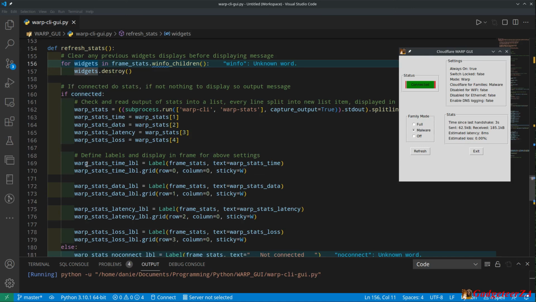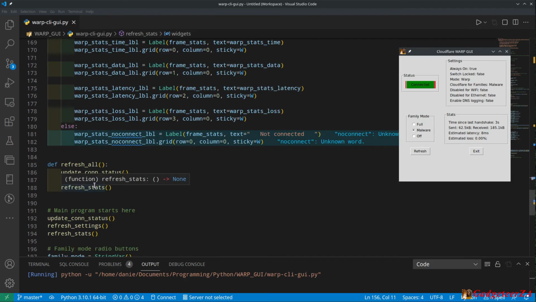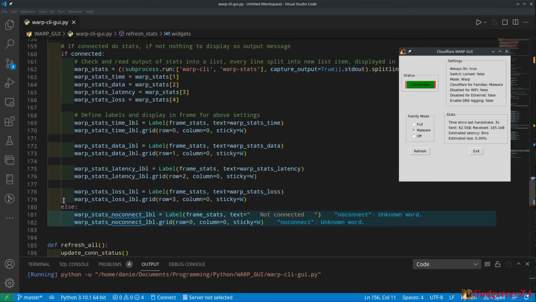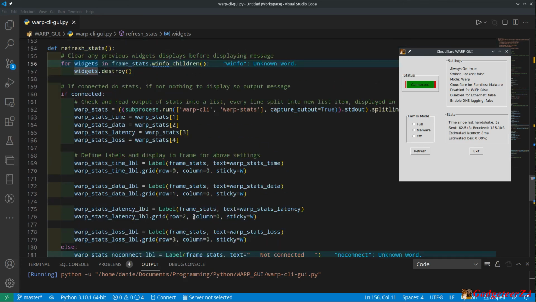So I've said if connected as before, but if not connected, the else statement will just display that message. Remember, it's already clearing it at the beginning. I've put it at the beginning of this function, which will always clear the full stats, which is quite nice. So even if there's any overwriting or changes here now, you're not going to see any overwrites there either.